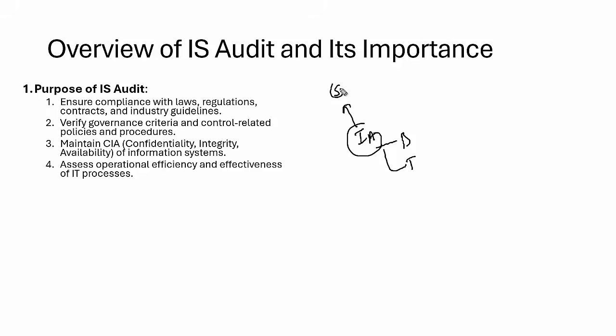But I'm not telling you that CISA will only teach you about internal audit. No, after doing the CISA certification and all that, you can work in a different division. Like we have a division called the assurance team where you can work as an auditor. We have an internal audit team where you can work as an internal auditor and all that. But by the end of the day, CISA will teach you what audit is and how to do the audit at a high level, because it's a vendor-neutral certification. It doesn't talk about particular standards.